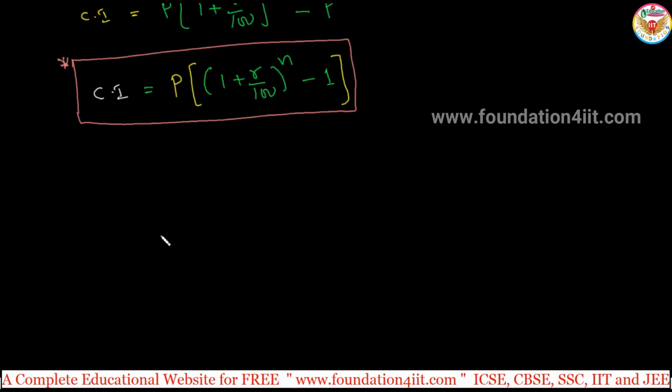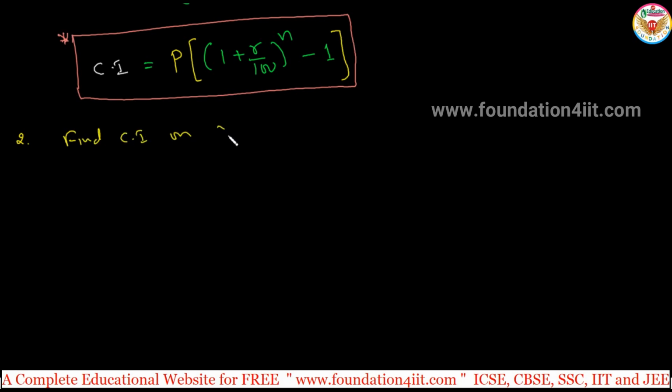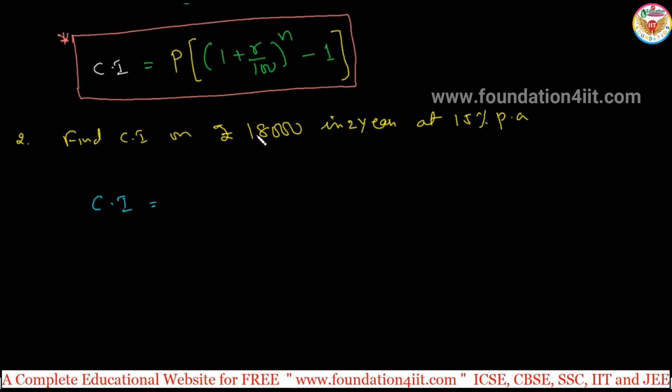Let me show you one question. For example, find the compound interest on rupees 18,000 in 2 years at 15% per annum, compounded annually. So to find the compound interest here, this is the P, right? On 18,000. So according to the formula I'm writing here,